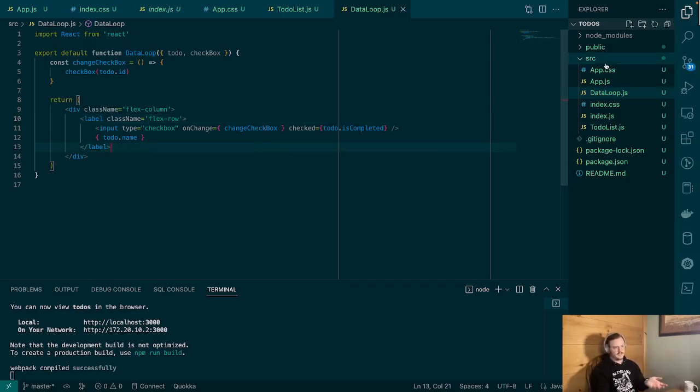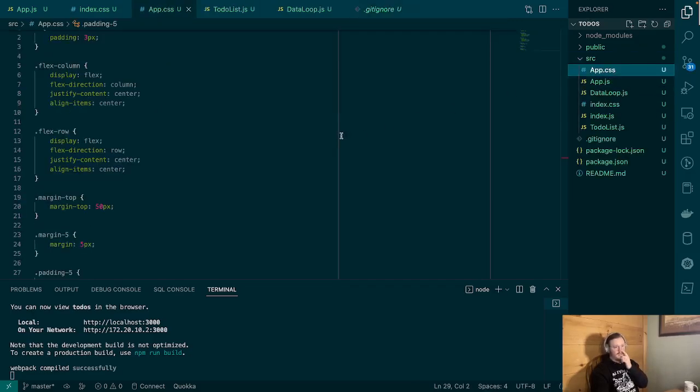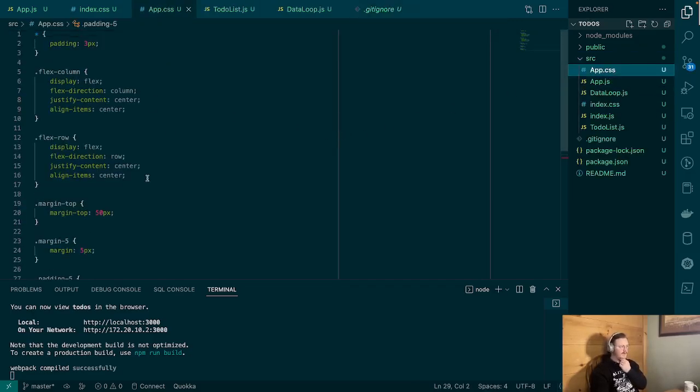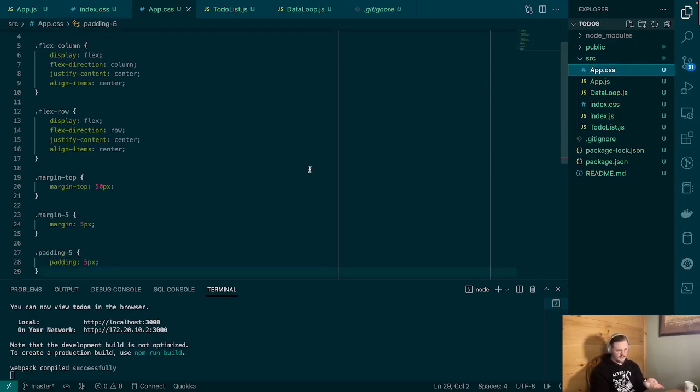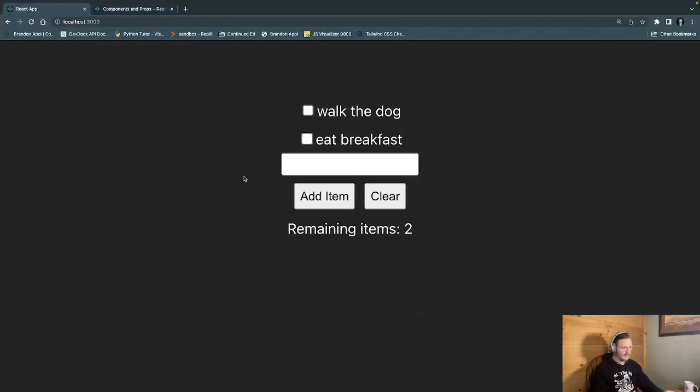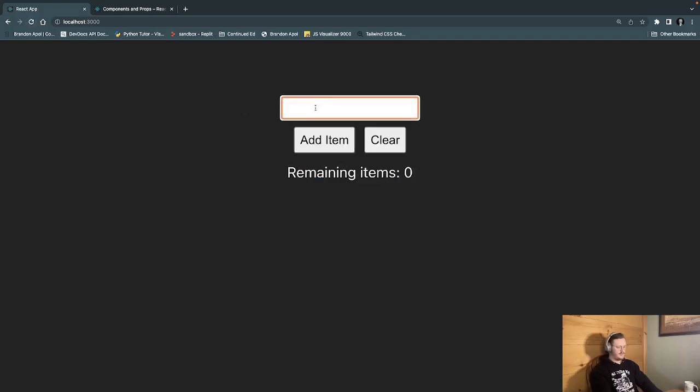And so that's how you do CSS in React. You can have a specific app.css file. This is probably the easiest and cleanest way to do it. There's like 5 million ways of doing this. Yeah, so we just got a little bit more space now between everything, and that's fine. And so you can just refresh the page,